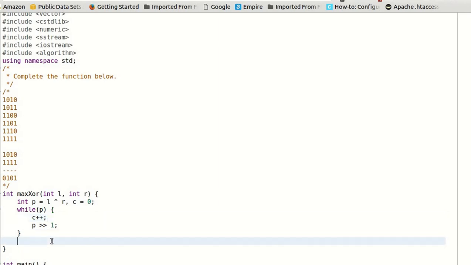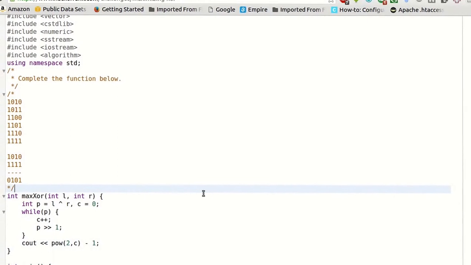After that, we'll output power of 2 comma C, minus 1. So 2 to the power 3 will be 8, minus 1 will be 7. So 7 is the maximum value that can be achieved with a 3-bit number.